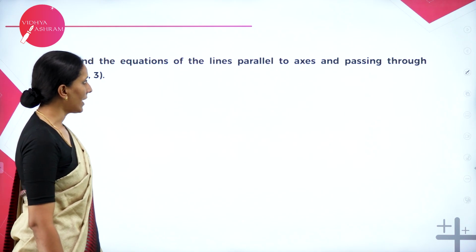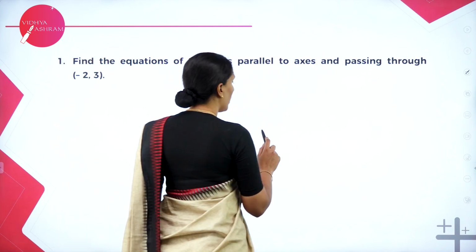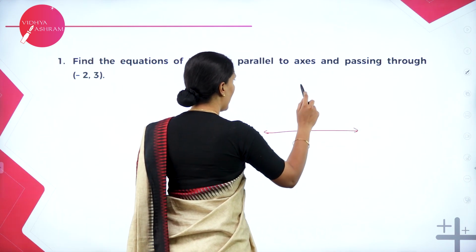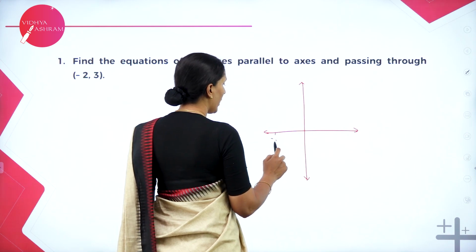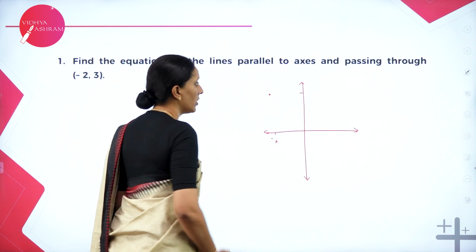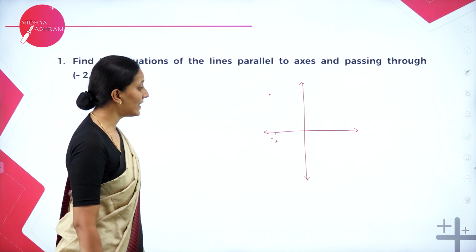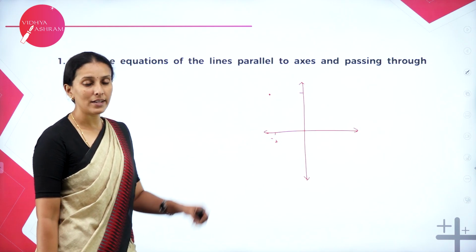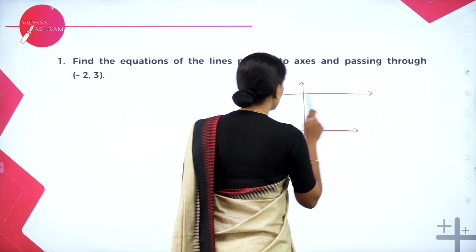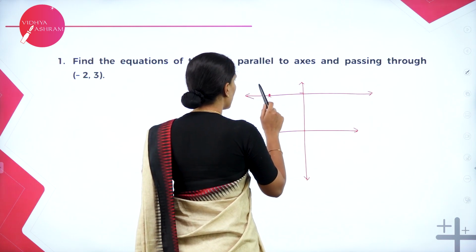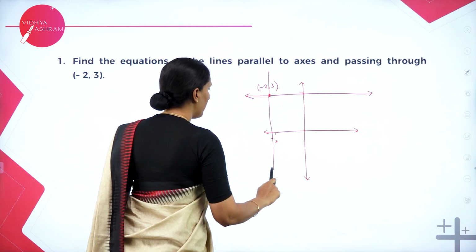Find the equation of the lines parallel to axis and passing through minus 2, 3. So we have x-axis and y-axis. So minus 2 somewhere here, 3 is this point. So here we need to draw two lines passing through or intersecting the x-axis as well as y-axis. So now this is a line parallel to x-axis. This point is minus 2, 3. And this is a line perpendicular to